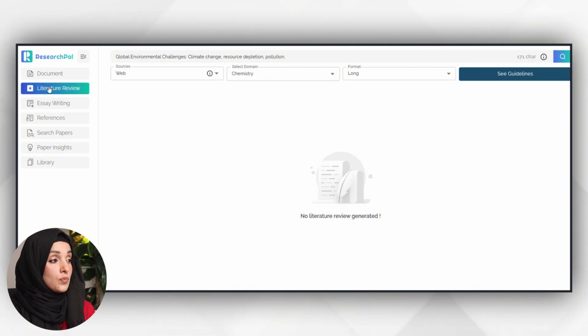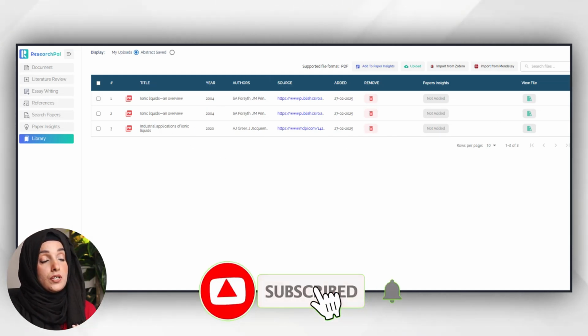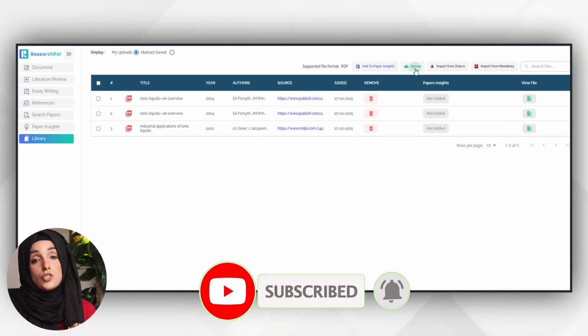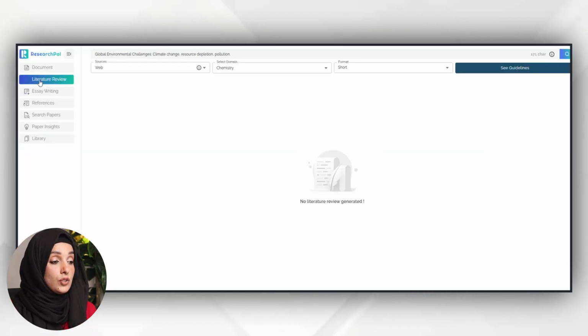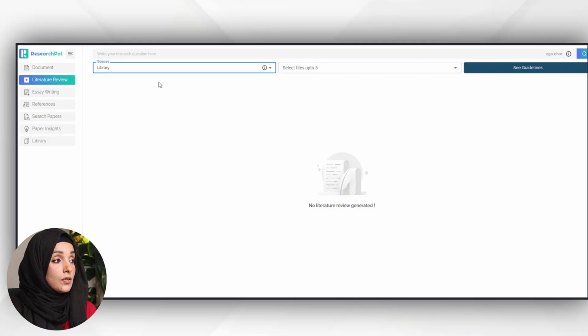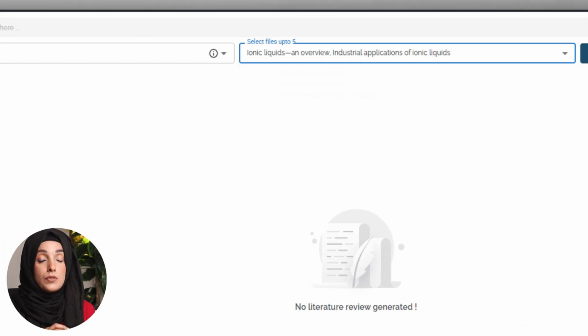For writing at this stage, I can even keep my writing in my control and can build my own library by uploading the research papers which I have collected by manual search, and I can write by using its feature right from the library. I can select up to 5 papers from where I want to keep the information, and in this way I can keep the writing in my control and can write all the information against each query by using the research papers which I uploaded in the library.